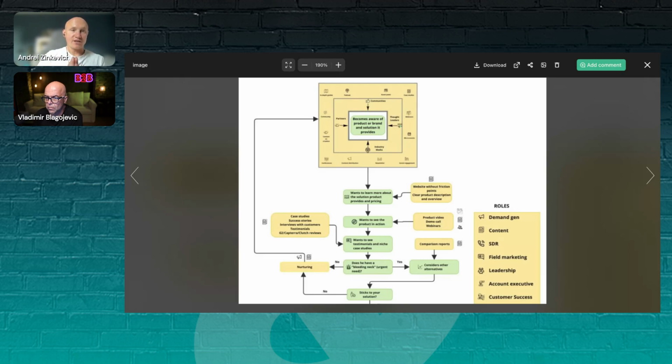So where I'm heading with this, considering everything that Vlad shared with you: when you define all together your priorities, you define your ideal customer profile, the next step is running customer research. Because